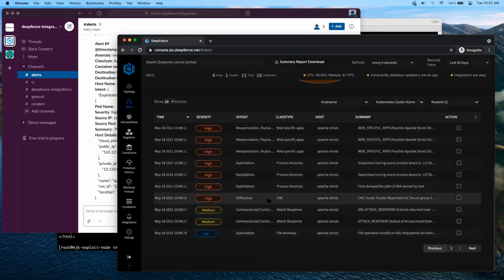So what we've seen really in this second demo is Deepfence's ability here to observe in real time malicious events coming through different attack vectors, whether it be through the network, whether it's file, system call, or process related. Deepfence has the ability to not only detect exploits that match known signatures, but also events that are not signature based, for example, like that file anomaly that we saw and the data exfiltration,